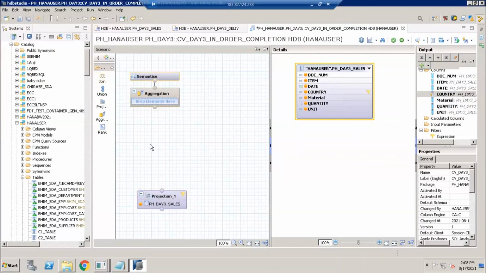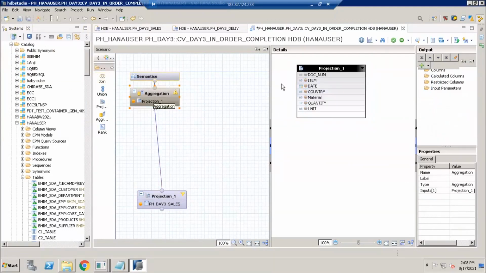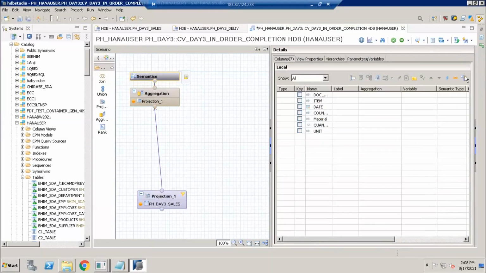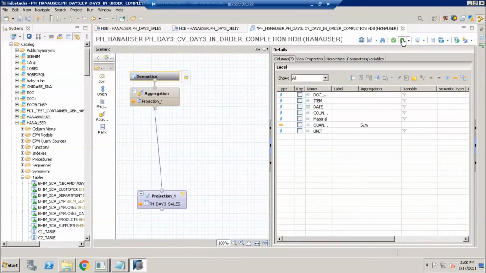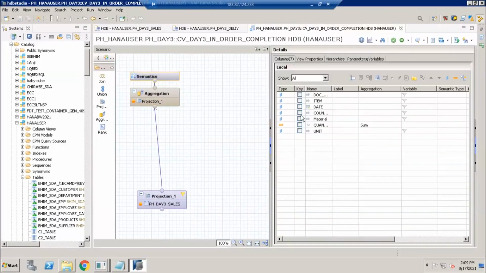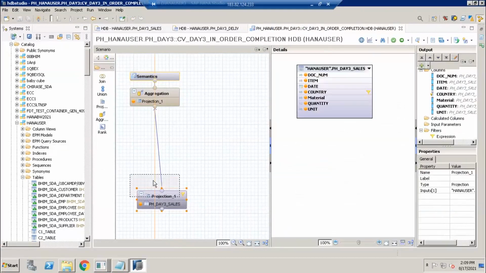Next, for example, what will happen if I give one-to-one mapping here to the aggregation level and add all to output, go to semantics like this, and activate it once. Now initially I will get a high-level design of my requirement, but my requirement is not yet completed, because here I got the data as it was in the table, but in my requirement I want to derive the max order date, delivery date, sorry.